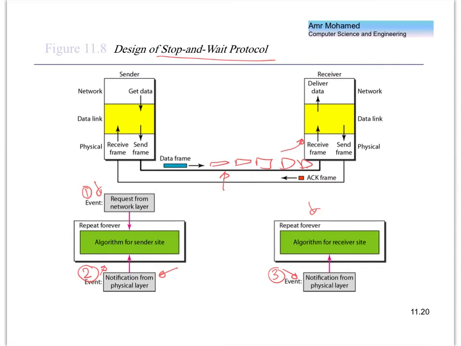So the result of this is that on the transmission medium, we have only one frame at a time. Okay? The sender cannot send another frame until it makes sure that the first frame has completely arrived to the receiver, in which case it has to wait for the acknowledgement. واضح كده؟